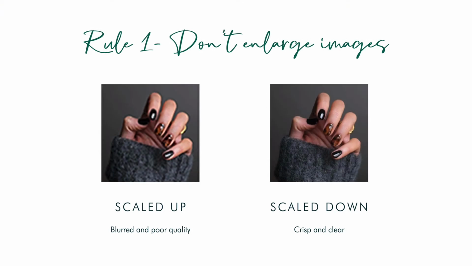So before we get started with resizing, there are a few little rules that we need to follow. The first is to be careful not to enlarge an image. For example, if your image is 500 pixels wide and you need it 1000 pixels wide, and then you enlarge it, then when you upload it to your website, it's going to be blurred. So don't do that. Never enlarge an image. And if you need a bigger one, then perhaps you could ask your photographer for a larger version, or if you found it on Unsplash, then perhaps you need to search for an alternative one.